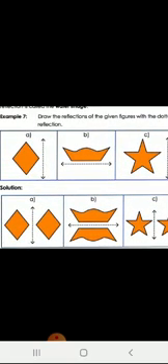Now see the example here. Draw the reflection of the given figure with the dotted lines as the line of reflection. Now here some pictures are given. We have to show what images those are and the reflection of each image. Now see, the first one, a rhombus, is given. Looking at the picture, what is the line? A dotted line is given, a vertical dotted line. A vertical dotted line stands for a mirror. The mirror image will give an exact image. This is the solution here. We got the same image.